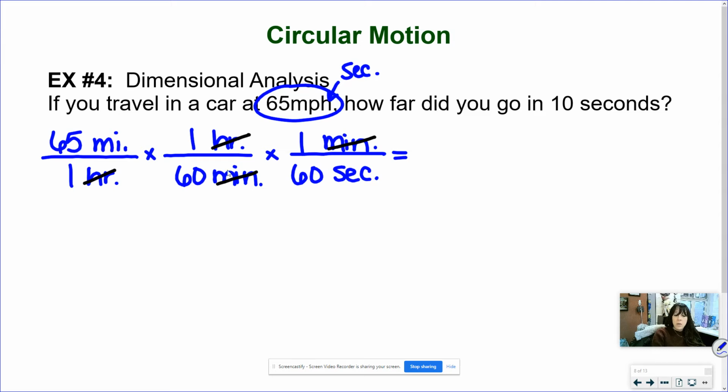So we're going to continue, and that means we're going to multiply all the stuff on the top together, which would be 65 times 1 times 1, and that's miles. And then multiply all of the bottom together, so that would be 3,600, and the unit of measure there is seconds. And then divide. 65 divided by 3,600 is about